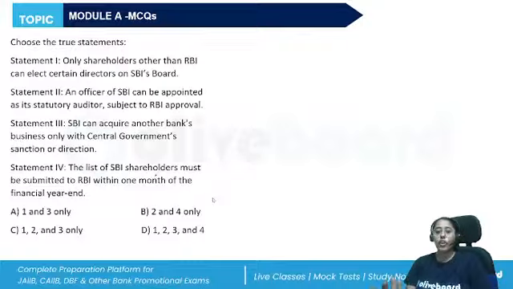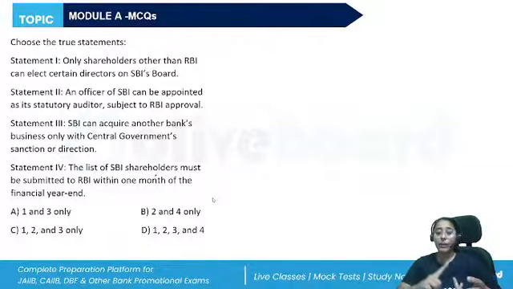SBI, as we have already seen, is established under the State Bank of India Act of 1955. The central place of management is in Mumbai. Local offices are there in Kolkata, Chennai, and any other place decided by the central government. The board will have a chairman, not more than four managing directors appointed by the central government, and other directors. Other directors will be workmen and officers nominated by the central government in consultation with RBI. In its business, the State Bank basically acts as the agent of the Reserve Bank.